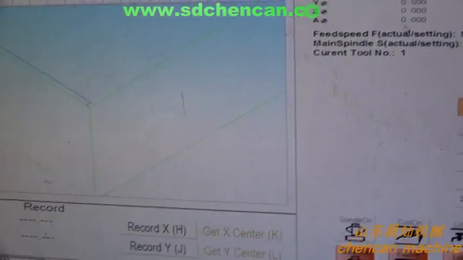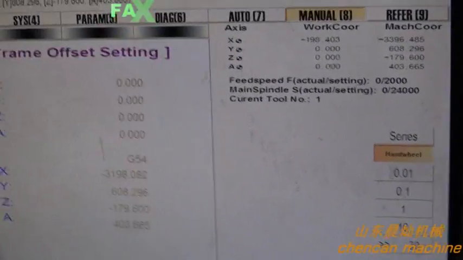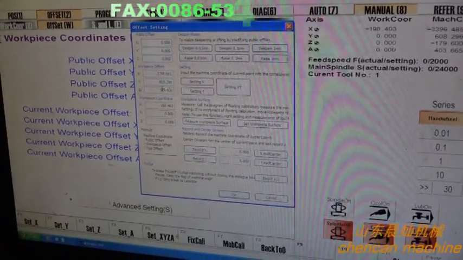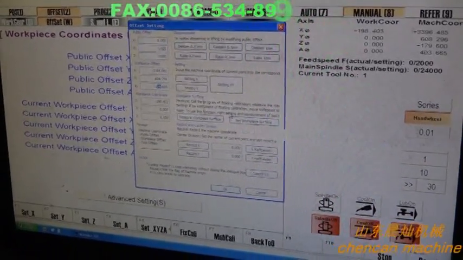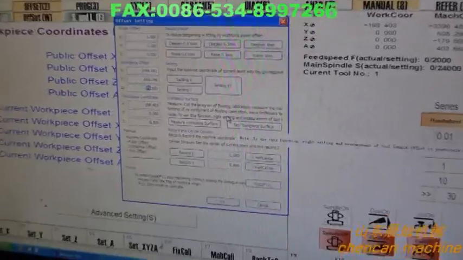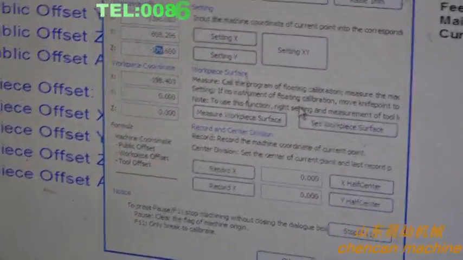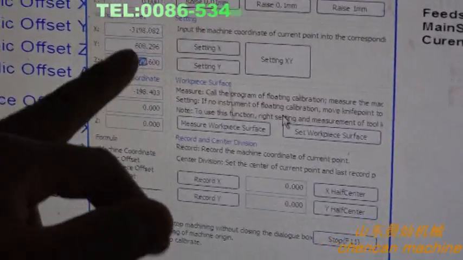We press yes here, and then go to here. Once the settings are here, we should plus the diameter's half. The diameter's half is 50. So minus